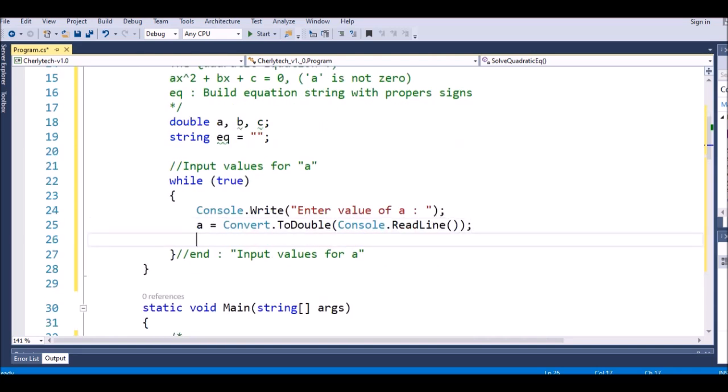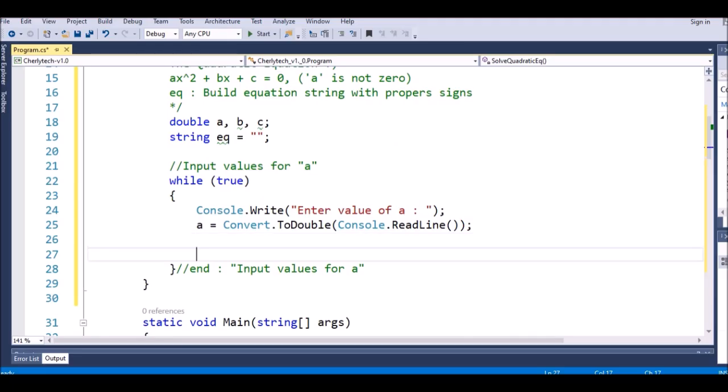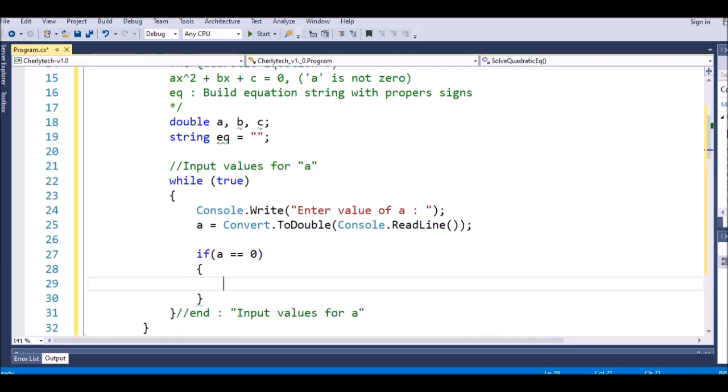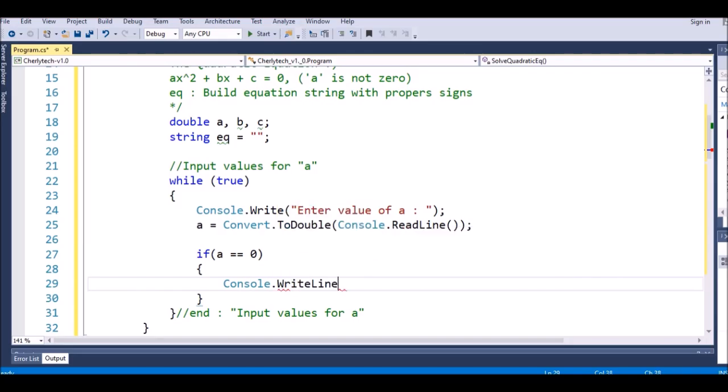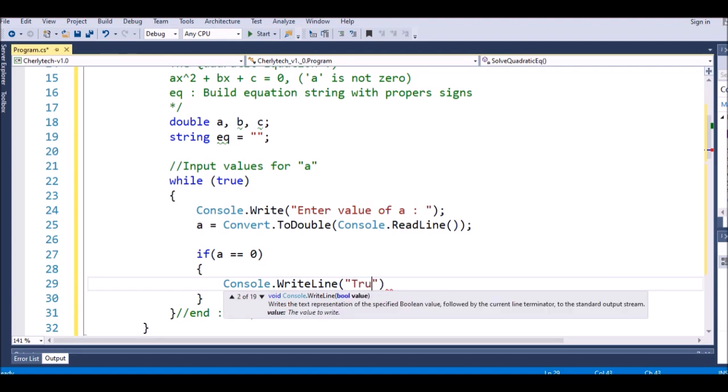So now we get the value, and then we have to separate whether the value is 0 or not. So we use an if statement, if a equal 0, then we will say Console.Write, we say try again,